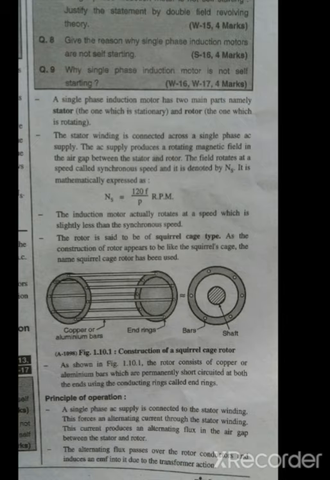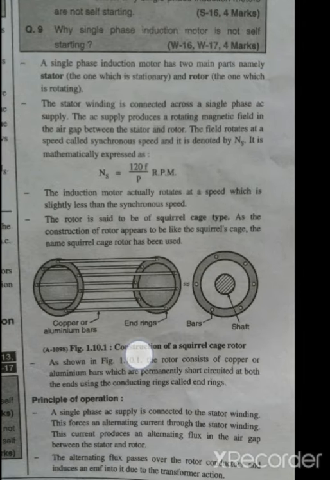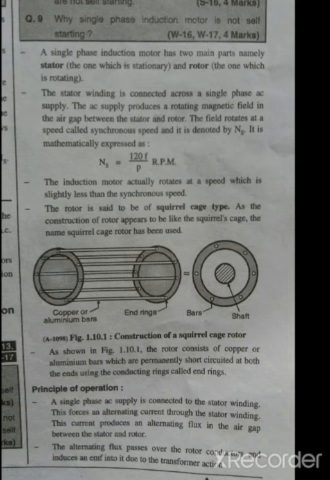For this type of induction motor, we need the same number of poles on the stator and rotor. These slip rings are made up of copper or phosphor bronze. When running under normal conditions, the slip rings are short circuited by a metal collar which pushes along the shaft. The three phase winding used for the slip ring rotor is in star connection. So this is all about the construction of the rotor of the induction motor.